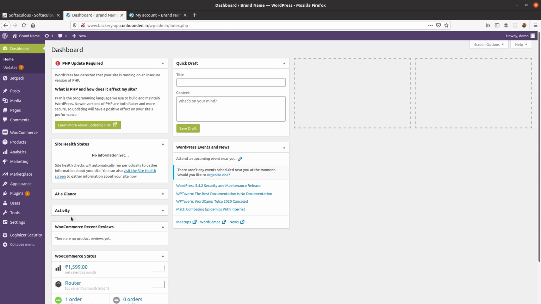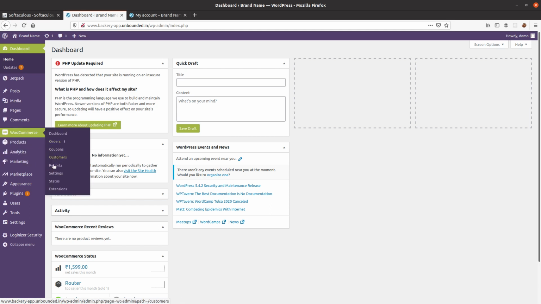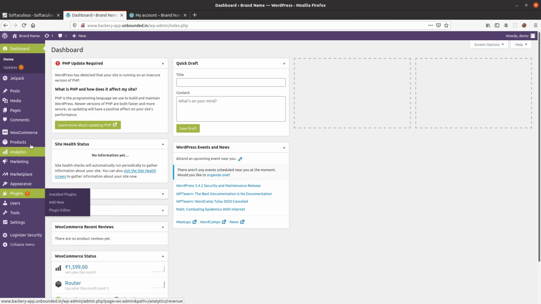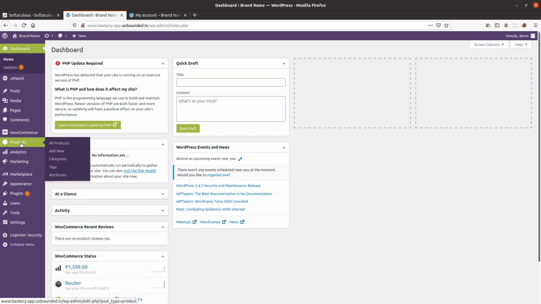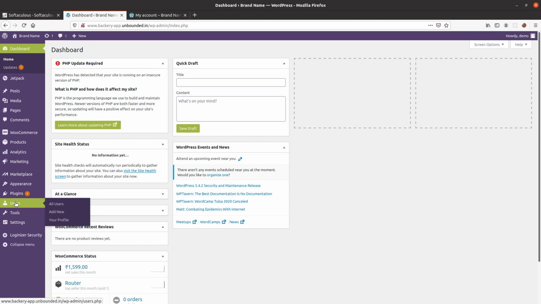So you can create a different user for them, which will have restricted access as a sales manager to this particular admin dashboard, where he will be responsible for managing all the products, and he can also check the sales and the orders or the sales reports. He should not be able to delete any of the plugins or change any theme or configuration assets. He is a sales manager who is just responsible for adding products and tracking the analytics of the system, right? So for that, let's go into the user tab and click on all users.